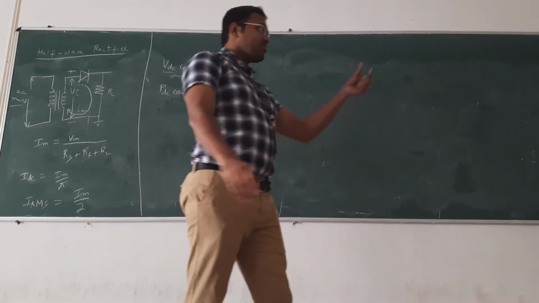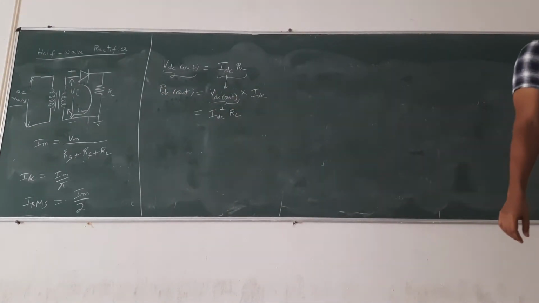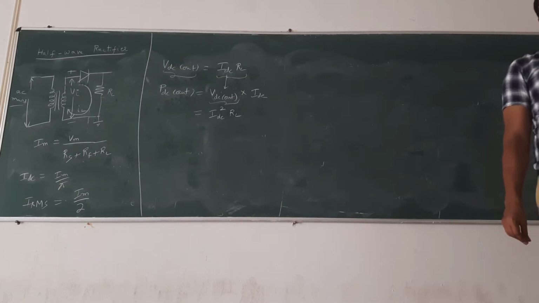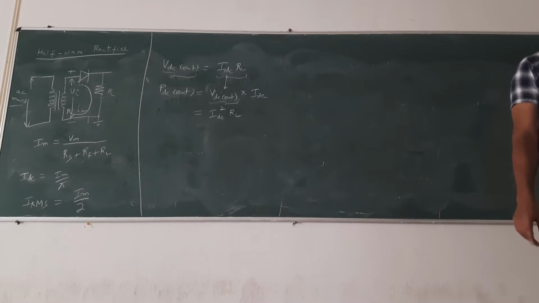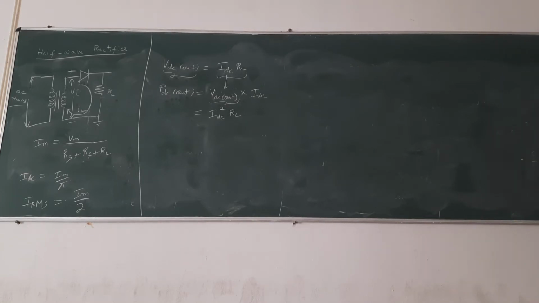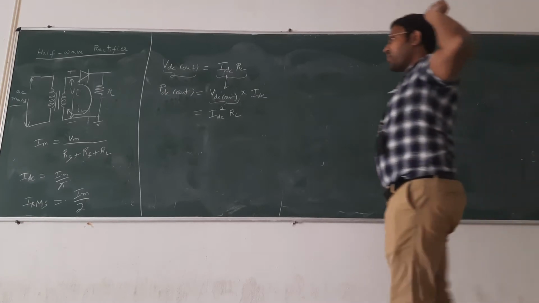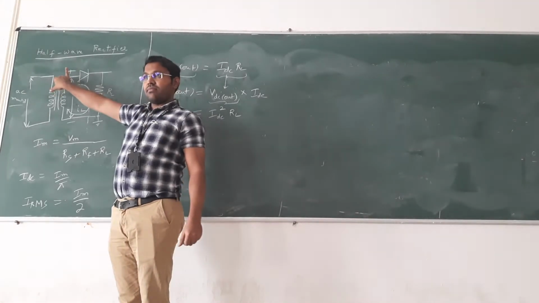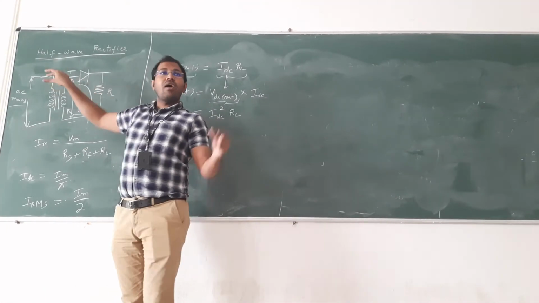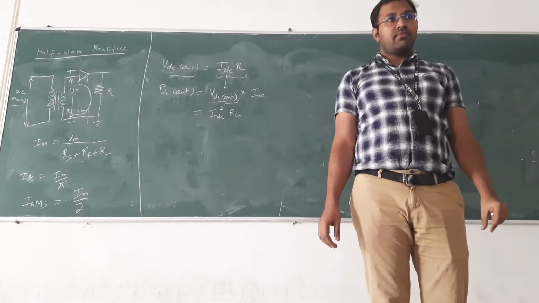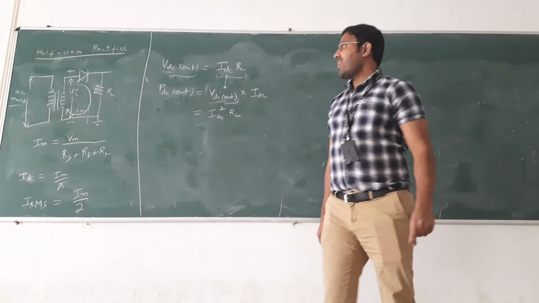For example, we have seen the diode as a switch. 230 volts is there, but if I switch off, the fan is off, isn't it? Fan is off means current is zero. Clear? So we have observed this many times. Switch off, what happens? Voltage is there, current will be zero. Or the current supplied from the plug point is zero.